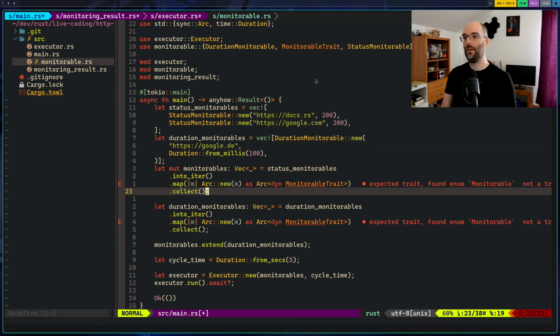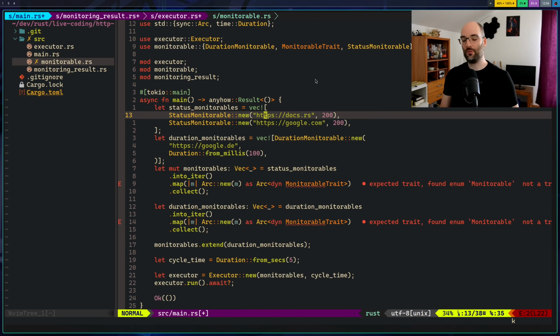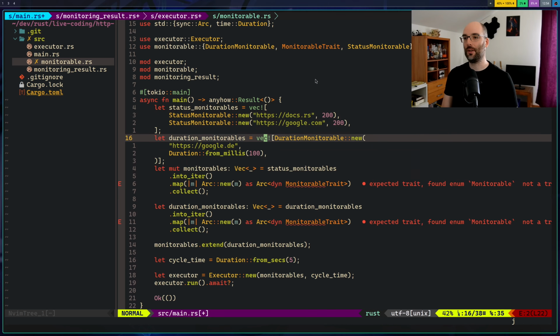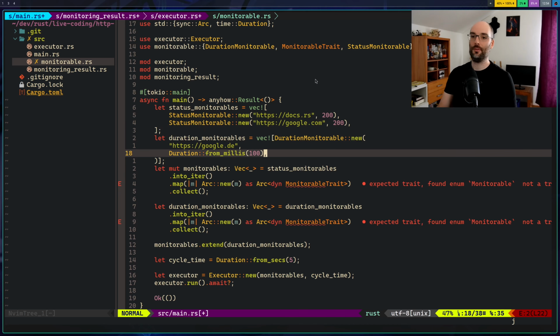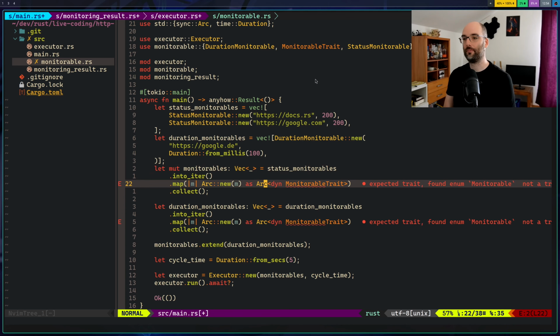Let's go to main. This is where we get problems now, of course. So before we start reading things from file, let's just check whether we can create them in memory. And once that works, we're probably good. So the monitorables should be, I mean, we could do that right here.